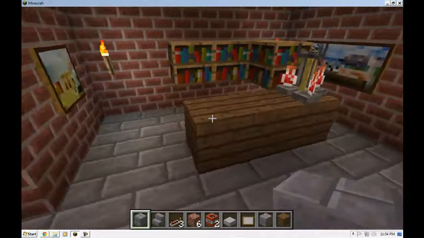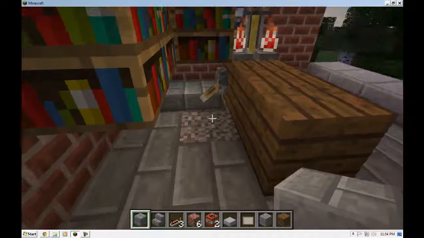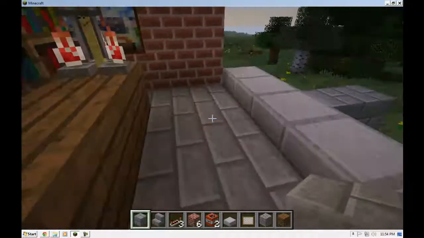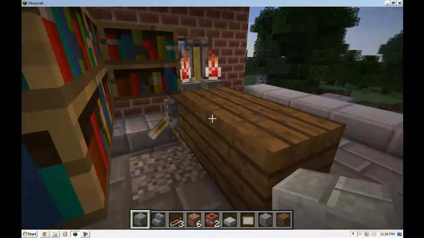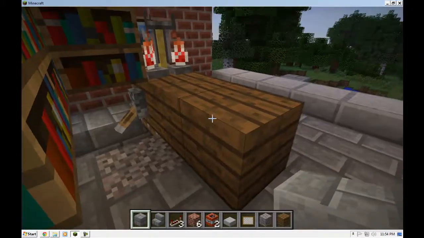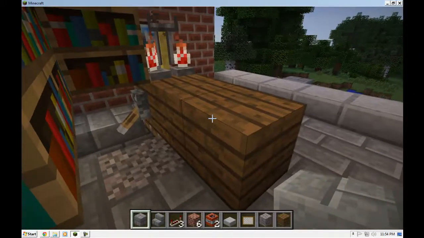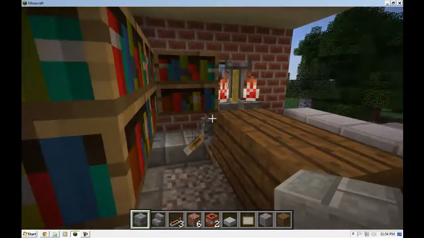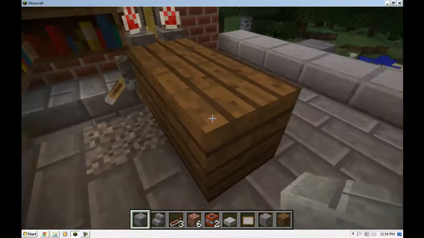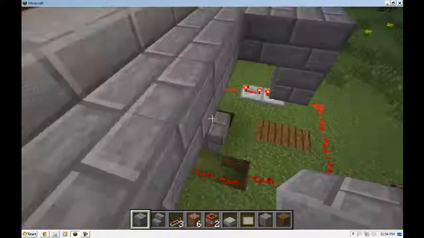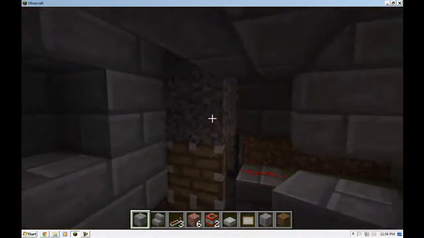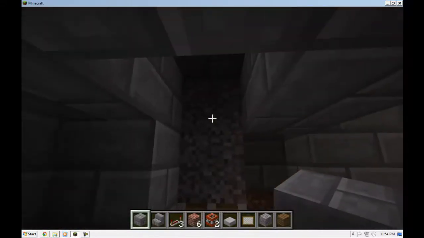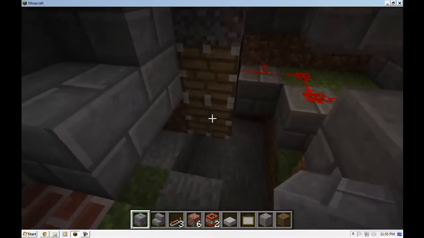But with the falling, I basically have the switch again, and notice there's some gravel here. So what I did is I have three sticky pistons underneath the counter. So as soon as he hits the switch, the three sticky pistons, and a sticky piston holds onto the block above it, they pull the wood down. They pull the wood down, and three of them, and then underneath I have a piston that just opens up. It retracts and drops the gravel, because gravel obeys the laws of gravity, and it would fall, and Floyd could